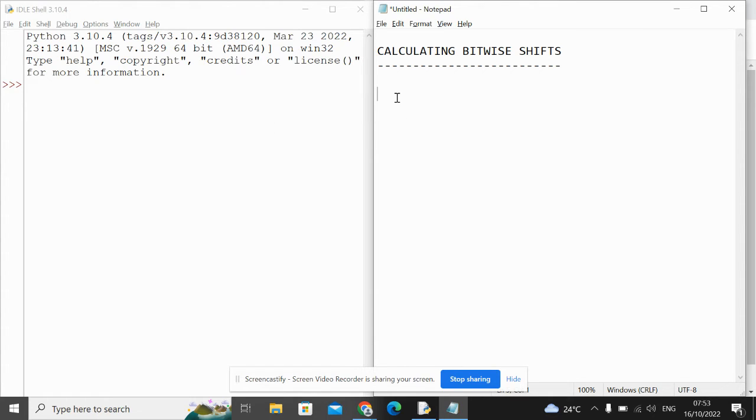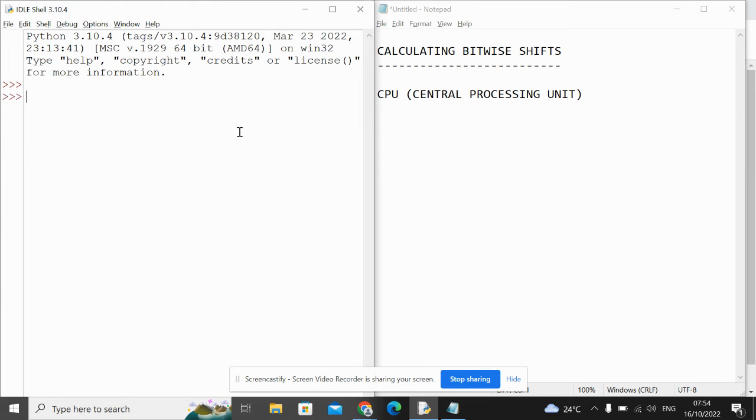Okay, so inside your computer there is a central processing unit, and the CPU knows how to do things. It knows how to add and move data, but it doesn't often know how to multiply or divide. What it does instead is it shifts binary numbers using bitwise shifts, and this is a way it can double or halve a number. So I've got Python here on the left, and for this you need to understand why